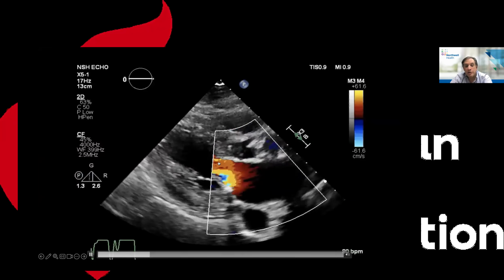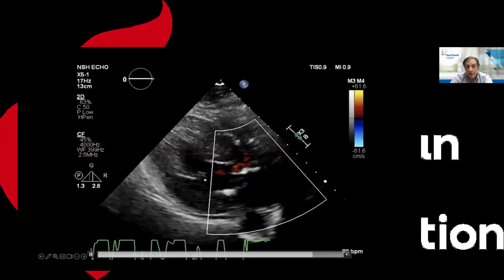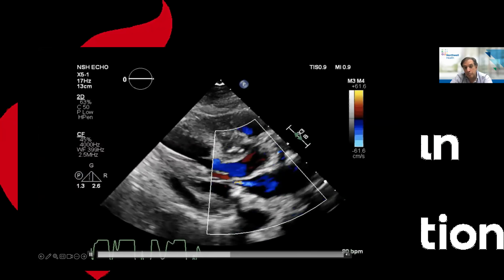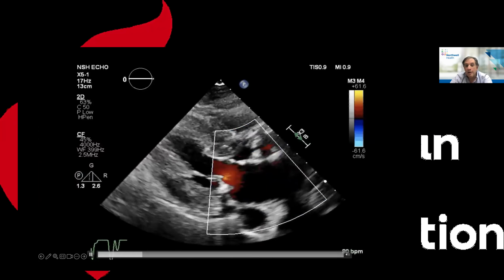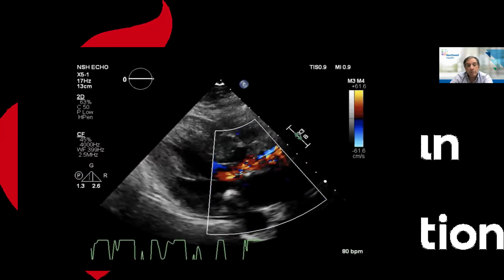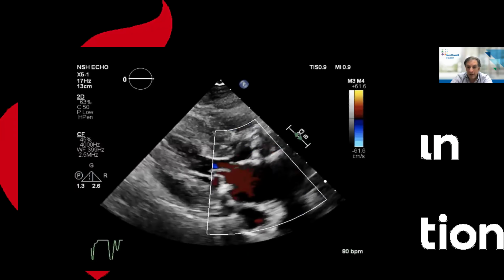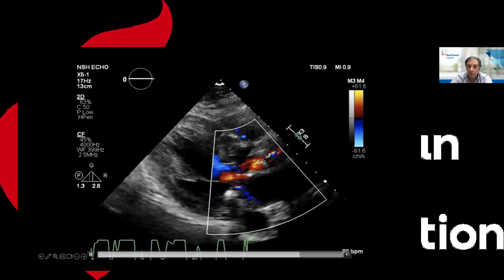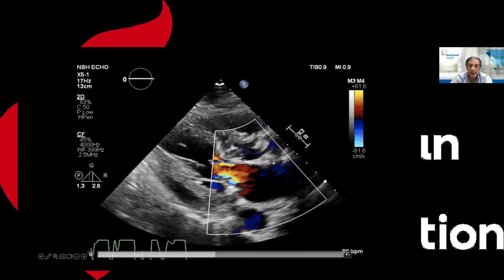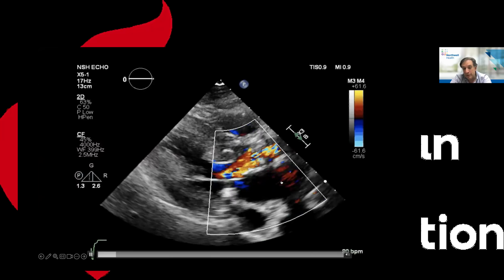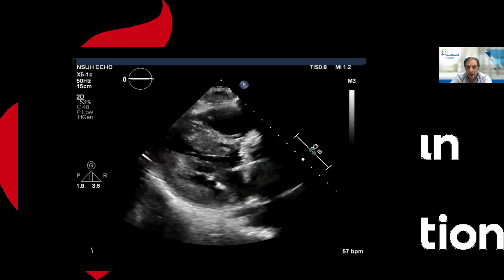Now, the ejection fraction here is good. You can expect that after the aortic valve is opened up, it's going to get better, because ejection fraction is an afterload dependent phenomenon. And when you bust through this big afterload here, the EF is only going to go up, and that's frequently what happens.